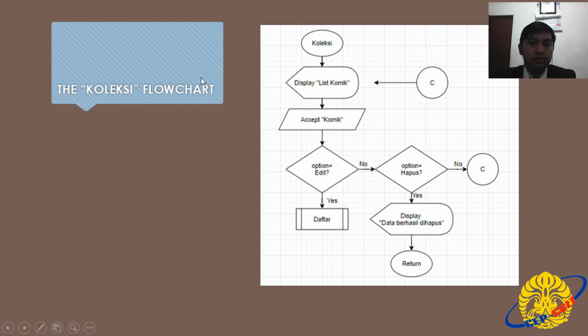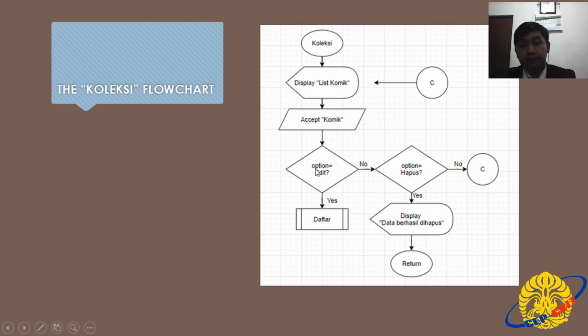And then this is the last flowchart, the koleksi or collection. This is the process, collection. It's going to display a list of comics, and there will be a lot of comics, and we have to click one comic, and then the system is going to accept our choice. And then the process is the same as the cari flowchart.